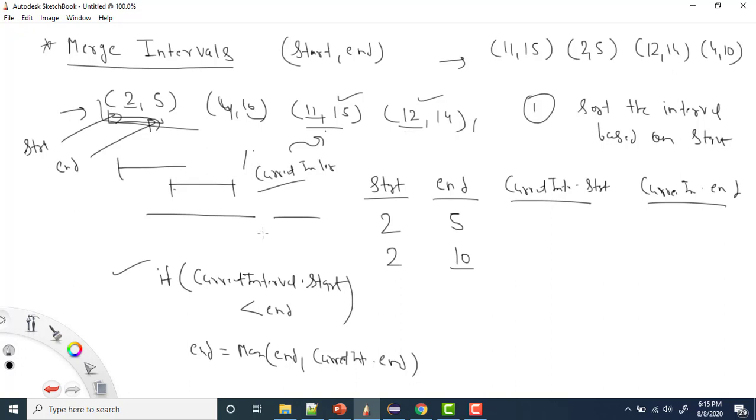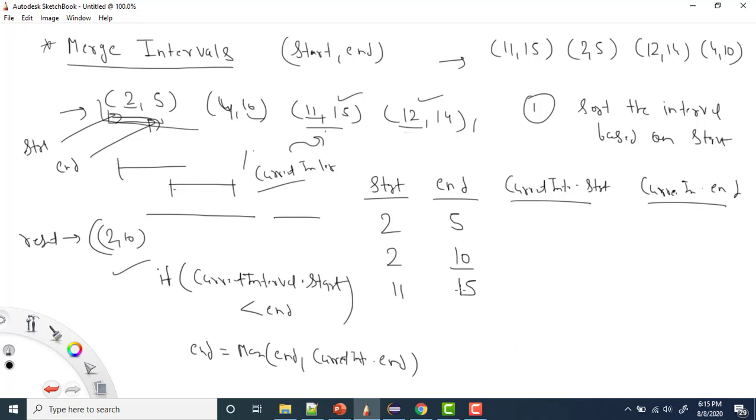So it means they are not overlapping. And if they are not overlapping, it means the start and end will be my one interval, right? So there will be my result list. Here I will basically add one interval, and one interval will be the combination of the start and end. So it will be 2, 10. So I have added one interval, and now I will update the start and end with the latest value of this current interval. So now start will be 11 and end will be 15, right? So guys, this step is very important, right?